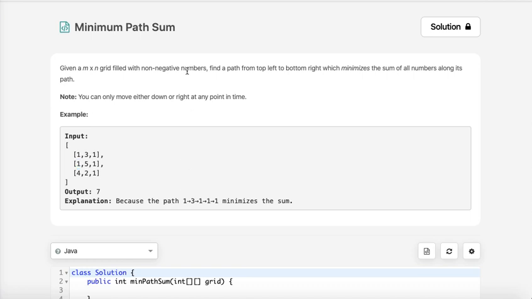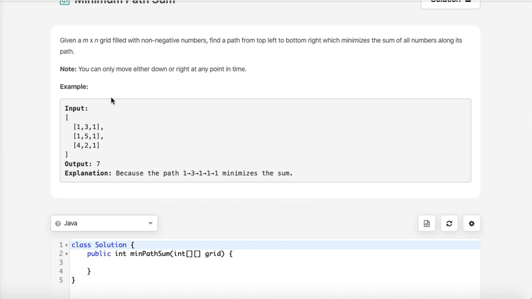This one is a classic dynamic programming problem. I mean, it's one of the easier problems. If you see why it is so, if I want the minimum sum here, I can come here from top or left. So from here or here, I can come to one. So the result here depends on this result and the result which is here.